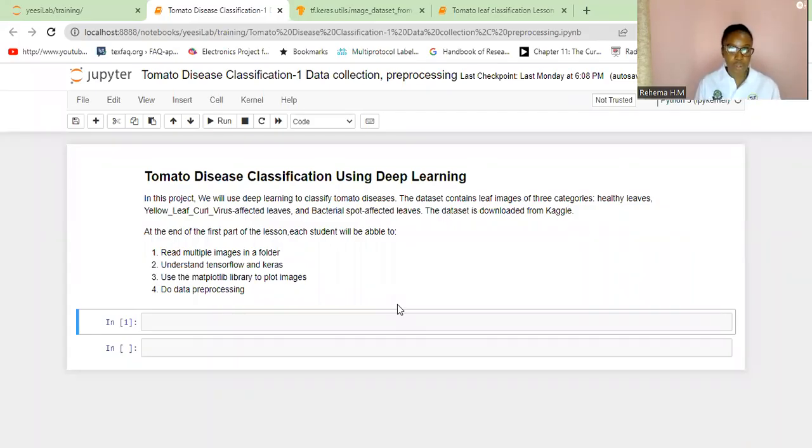Hi everyone. So this is the part where we get to do our practical example, and in this practical example, we're going to do an image classification problem, of which we're going to do this tomato disease classification using deep learning. And in this project, we'll use a dataset from Kaggle, downloaded from Kaggle, and I'll include the link